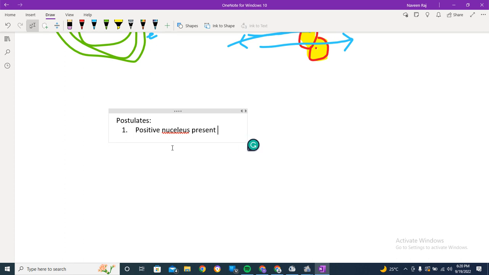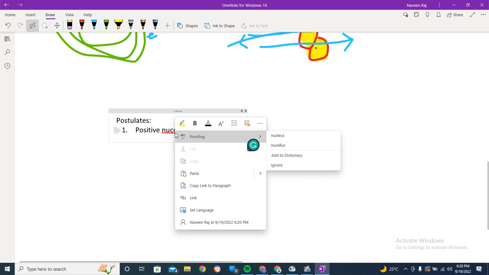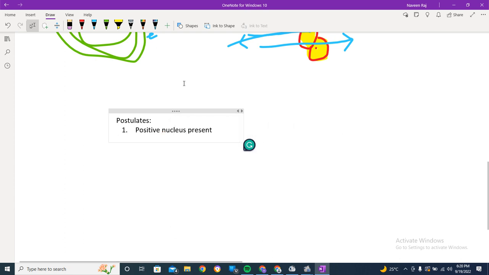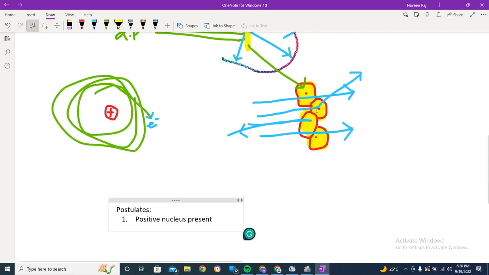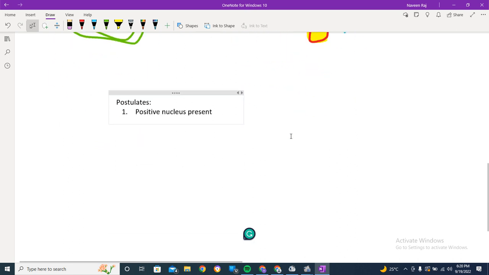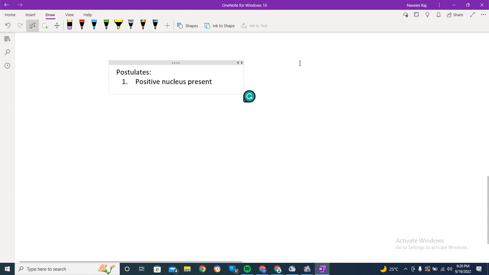So there is a kind of positive nucleus present in an atom structure, and we have seen this. He gave the reason why the alpha particles didn't go straight: there is a positive charge that is repelling the alpha particles that are being bombarded. The second postulate that he gave was that negatively charged portions